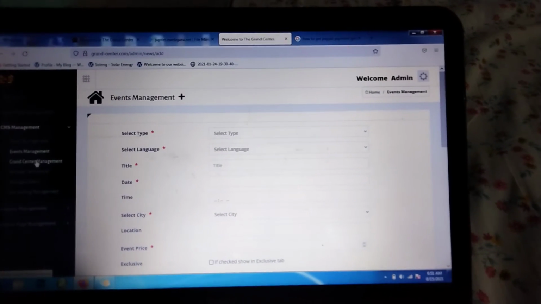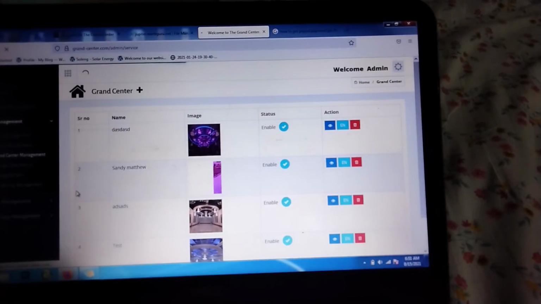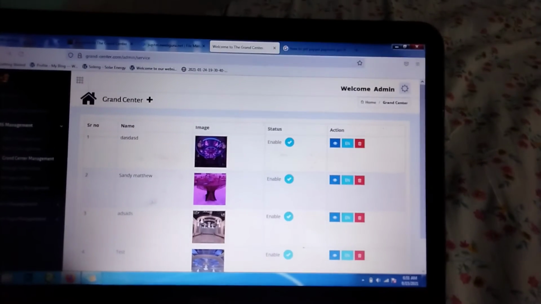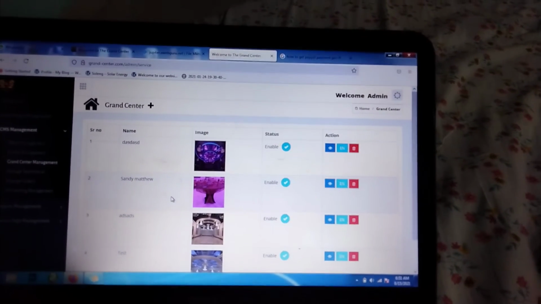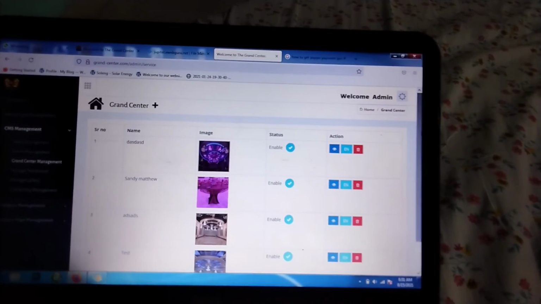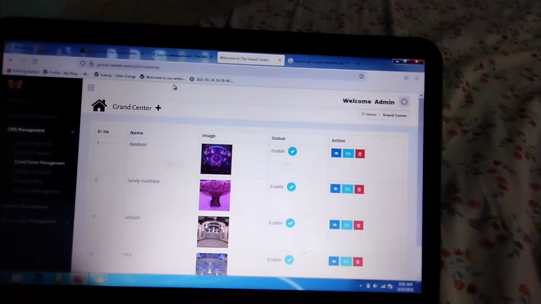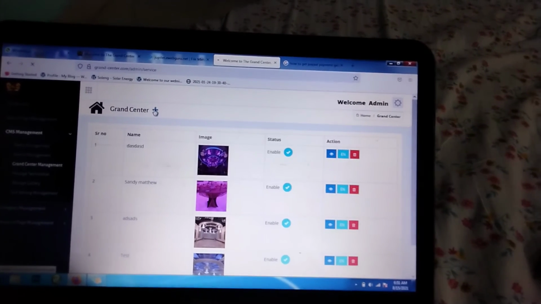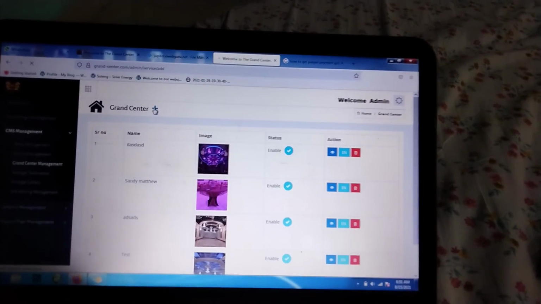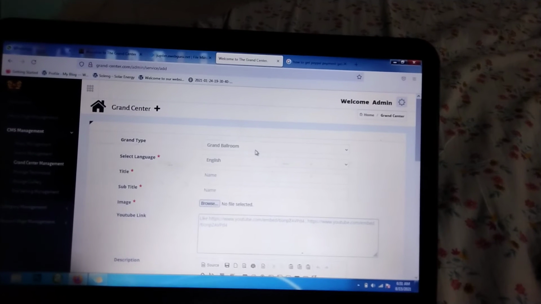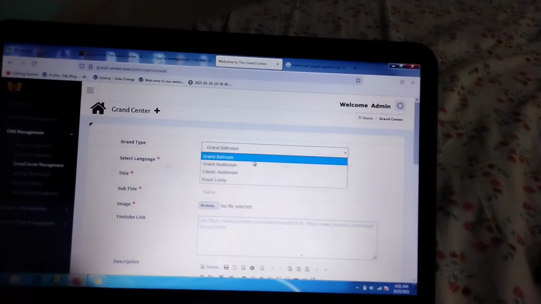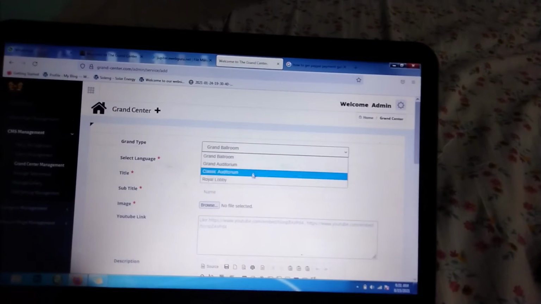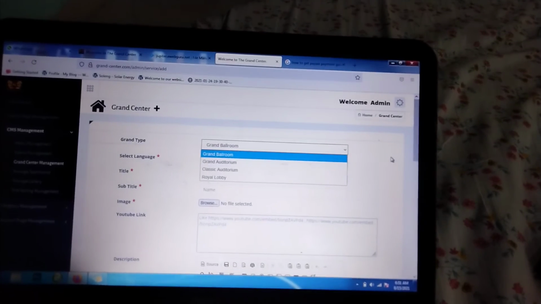Now we come to Grant Center management here. Okay, you can see I just uploaded some images of the Grant Center management. And if you click on the Grant Centers, you can see here the grand auditorium, classic auditorium, royal lobby. You need to upload the new images.